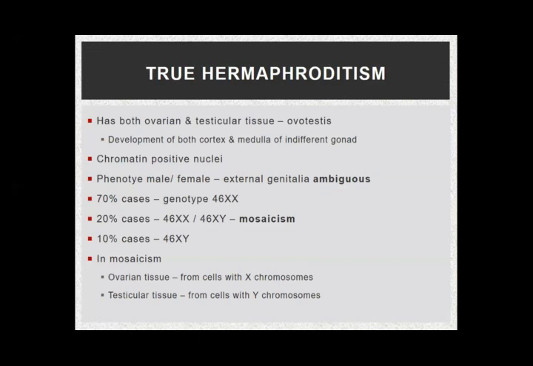If the cortex regresses and the medulla develops, the gonad will develop into a testis. So testis में medulla develop करता है और ovary में cortex develop करता है. But if in one gonad, cortex and medulla both develop,